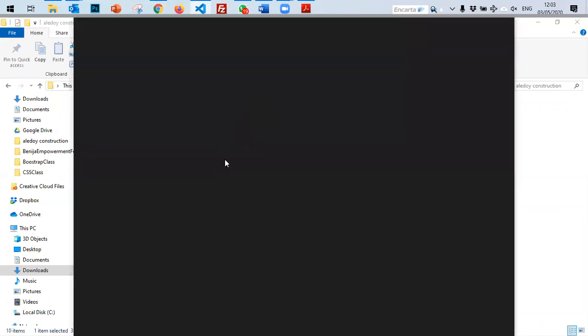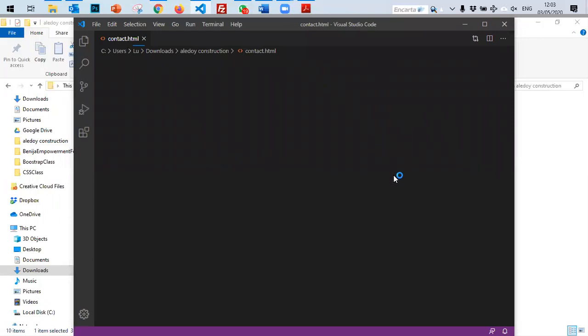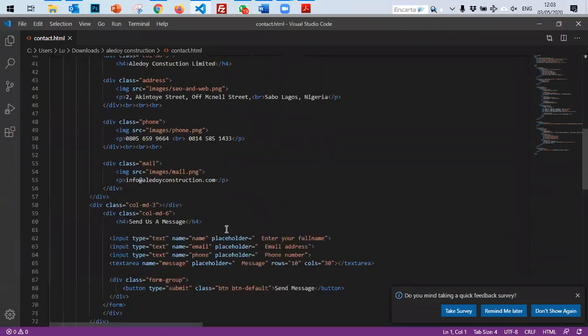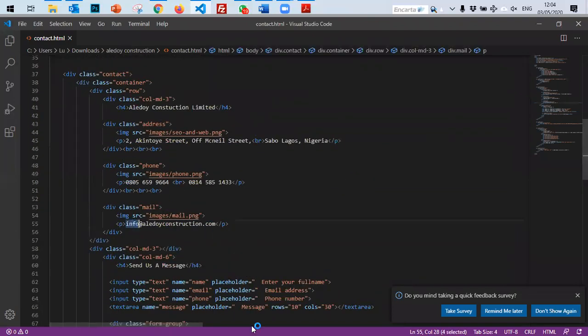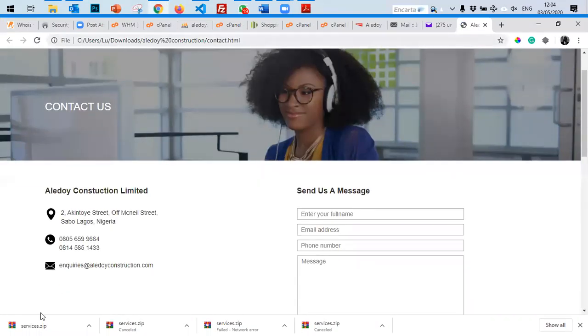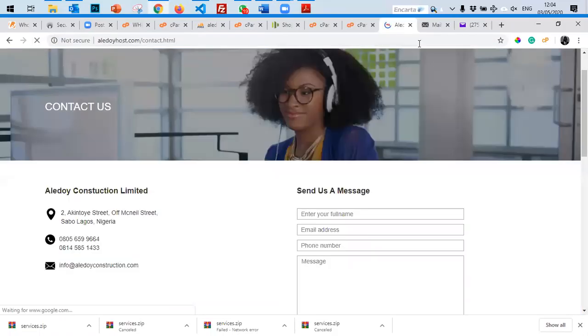Sorry, I've not opened my Visual Code earlier today. Okay, so while I locate where the email address is, I say inquiries. I'm satisfied. I've checked it out on my system. This is on my system. You can see the URL is showing my system. Okay, it has changed. But now to quickly make sure that it changes on the live server, I go back